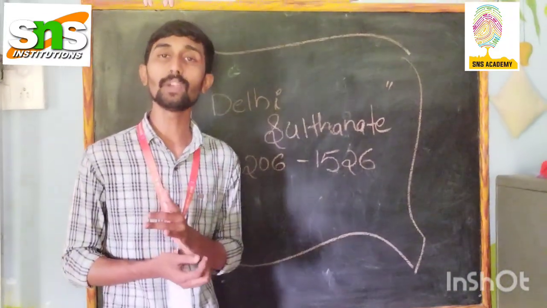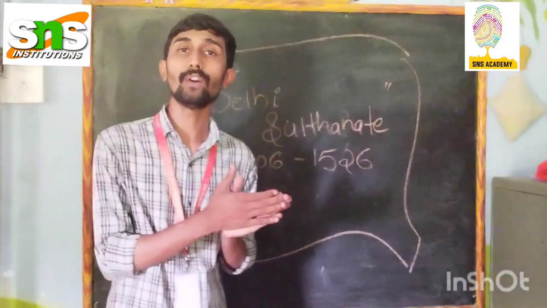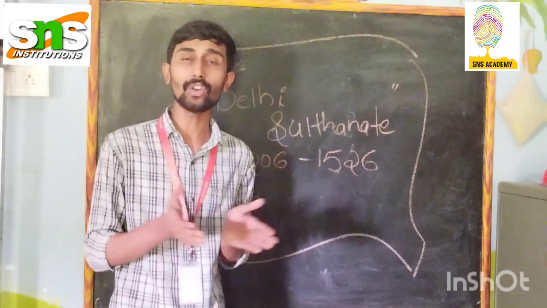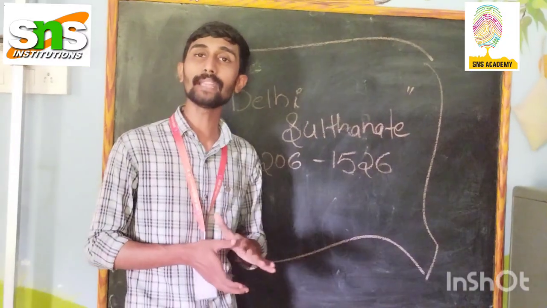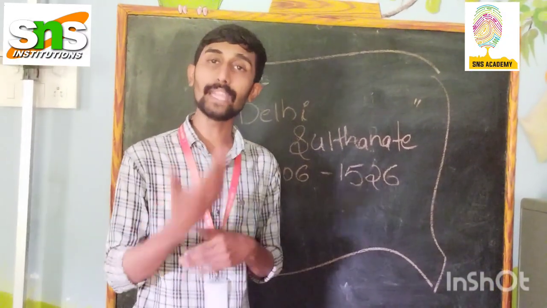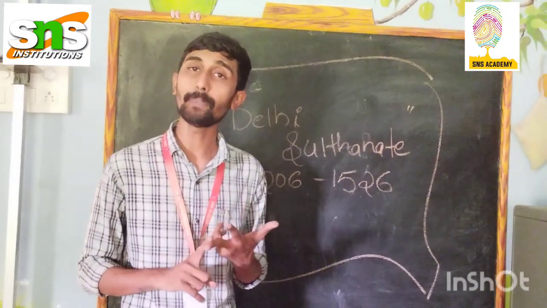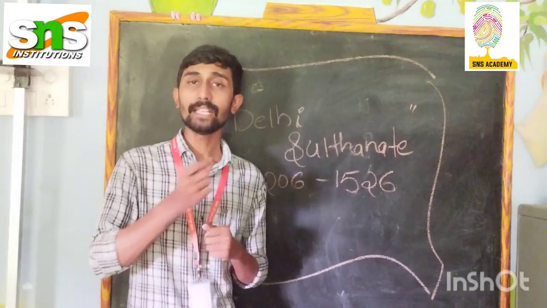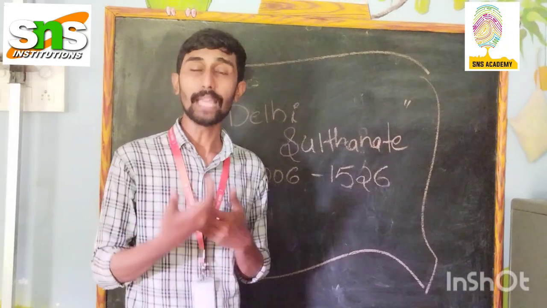And the important third one is their cultural legacy. They followed a good cultural legacy, which means a good kind of art, architecture, literature, etc. All the kings of the Delhi Sultanate patronized good literature, which means they knew languages like Hindi, Persian, Arabic, and some regional languages also. So they wrote books, manuscripts, etc.